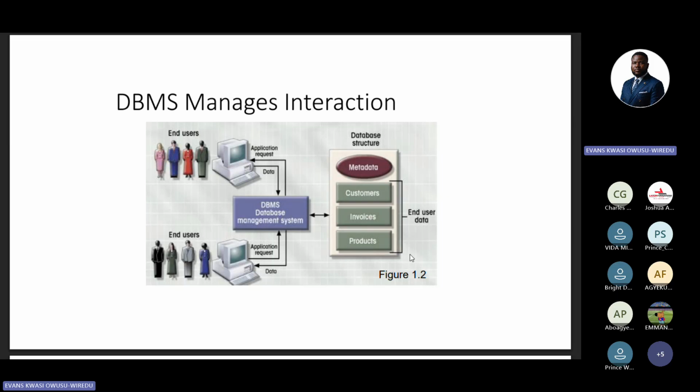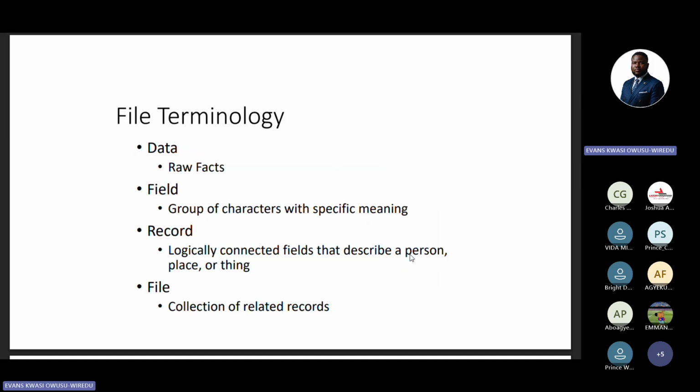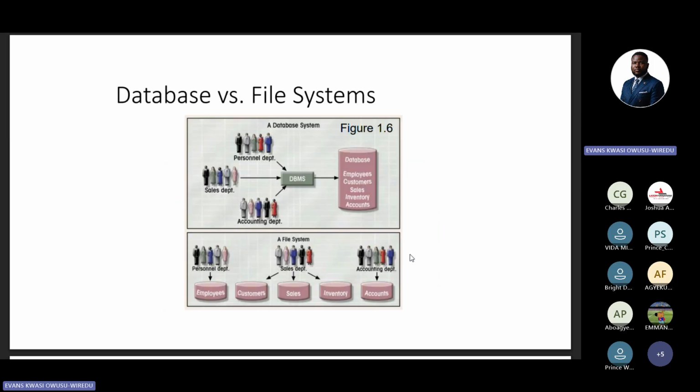And then the database structure includes the database and then end user data. The end user data includes the customer, the fields, the various fields you create within the database system. That is the end user data. And then you have the metadata. But in all, it's called the database structure. Do you see it at the top? Good. I wanted us to reach here before I come to that, so that it makes sense to us all.